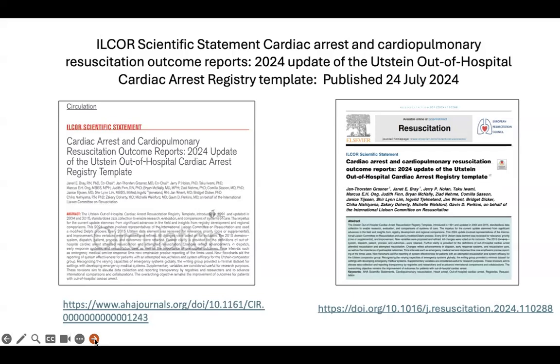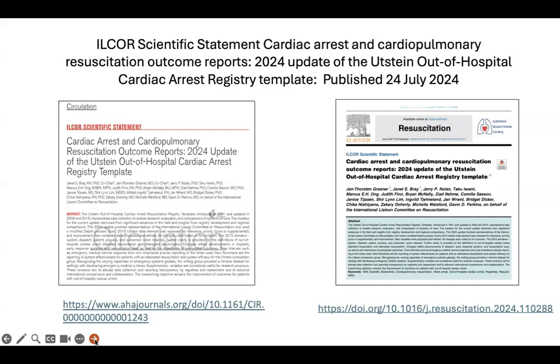Best update what we ever had. This is what you normally say after Olympic Games, the best games ever. We are really sure that we have the best Utstein definition at the moment, but to be honest, before I hand it over to the next speaker, it's always a compromise. So we try to combine or integrate as much information as we can get,